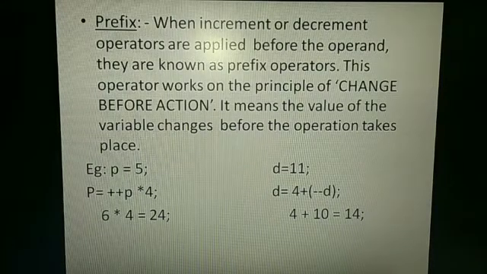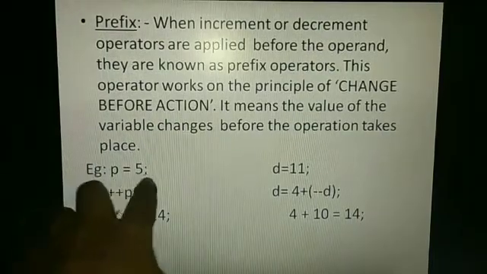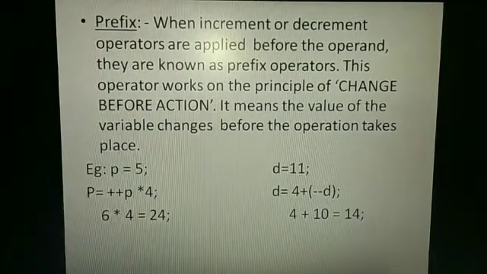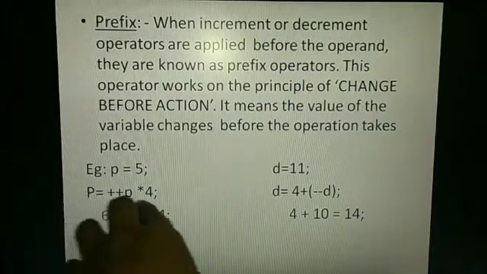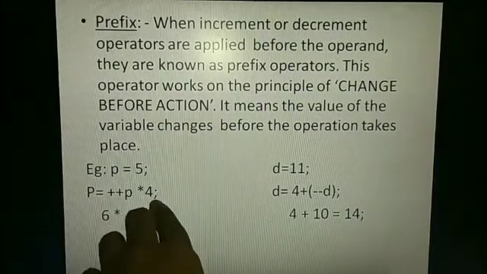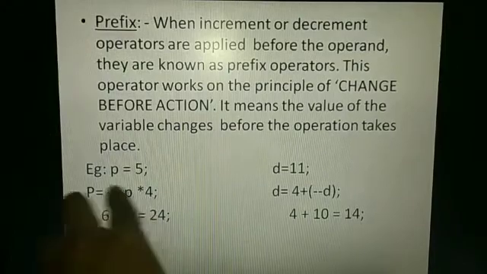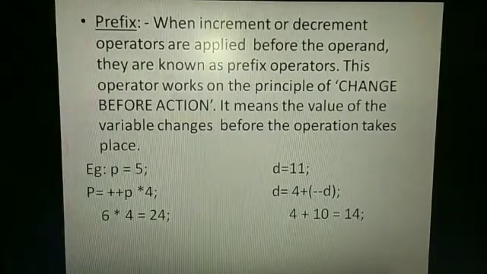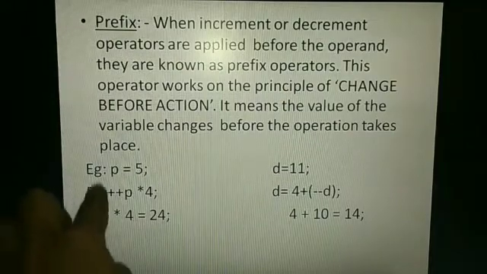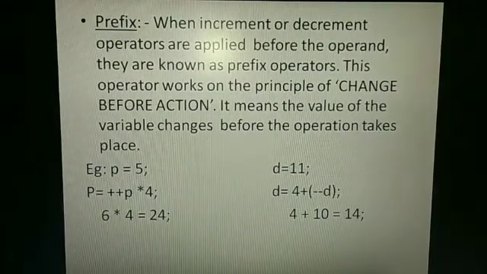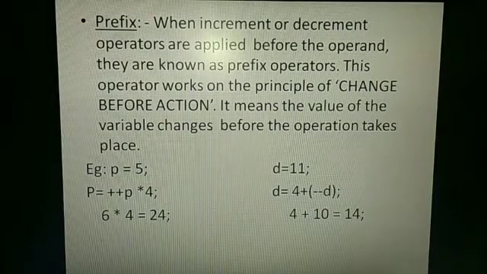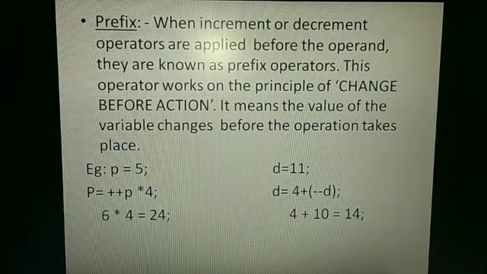P has been given a constant value, 5. Now this is your arithmetic statement, wherein the expression is assigned to a variable: P equals plus plus P into 4. Plus plus P means prefix.